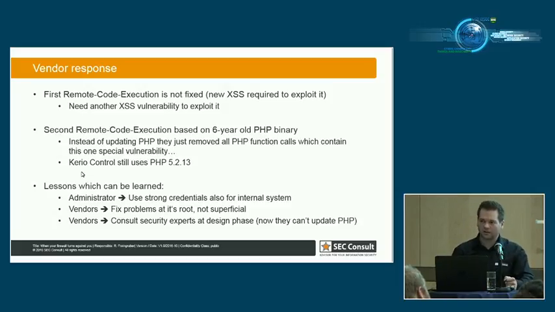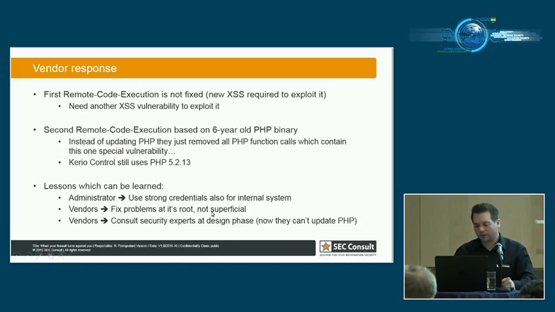And I think we can learn many things from this talk. First of all, administrators should also configure strong credentials in internal networks. We very often see in internal network scans that they have very weak credentials, and they're always saying, yeah, you cannot exploit this from the internet. But in this case, you really can exploit it. Also, vendors should fix the problems at the root and not superficially, like the cross-site scripting and not the remote code execution. And also for PHP with the reference counting. And another problem is